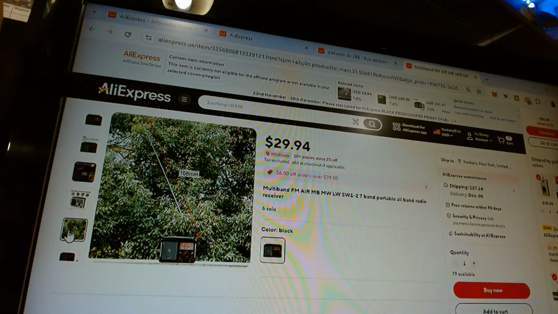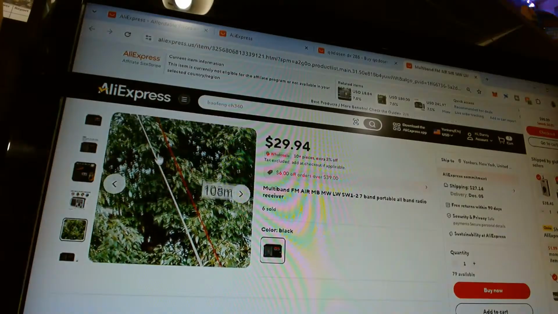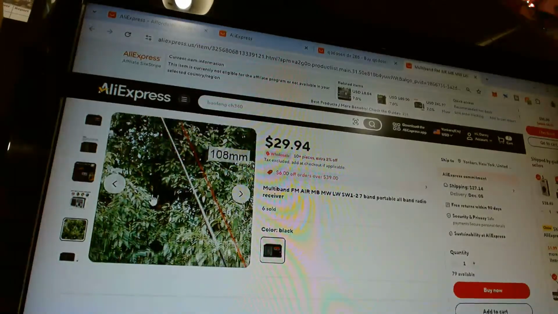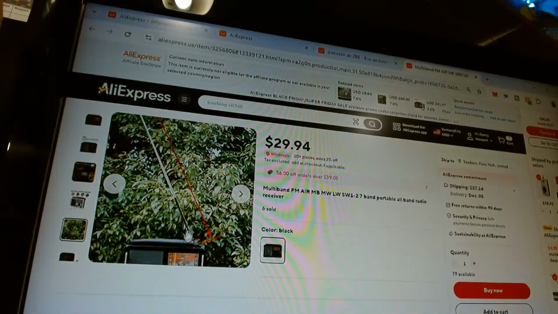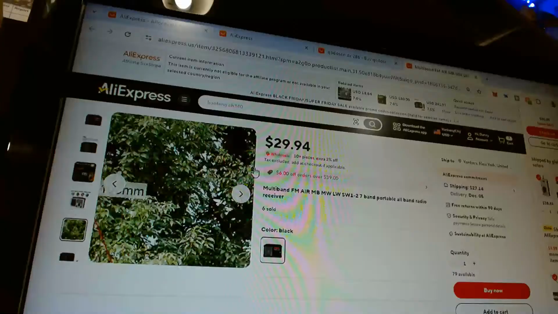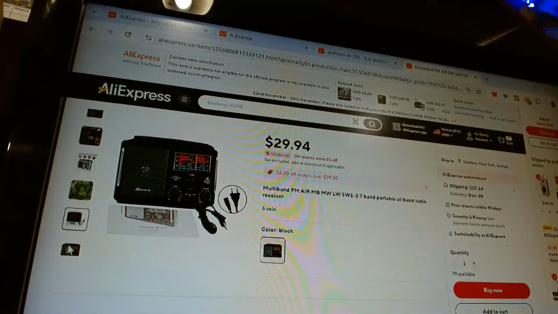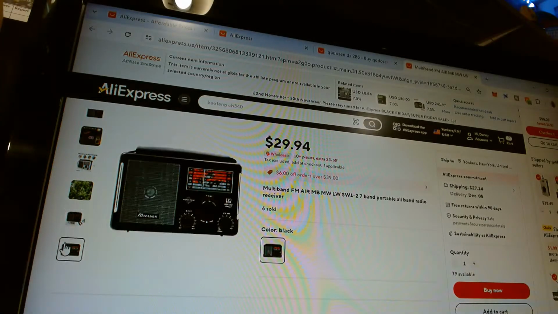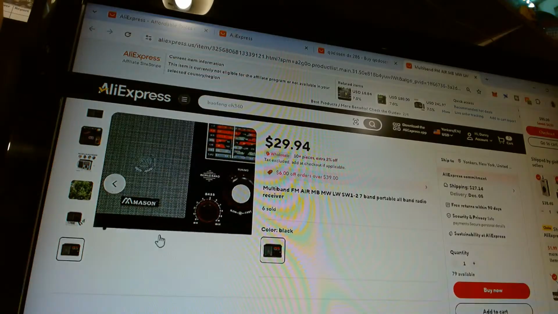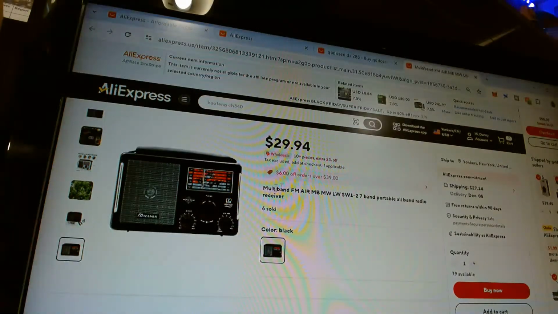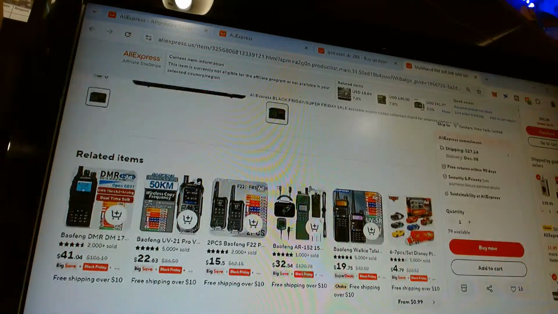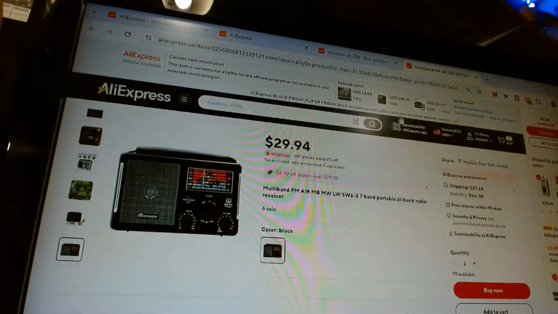Oh, okay, I think I've seen this one before. My God, look at that whip. Wow, that's a long whip. Wow, look at the size of that whip. Mason. Okay, that's the brand Mason. All right. Interesting.